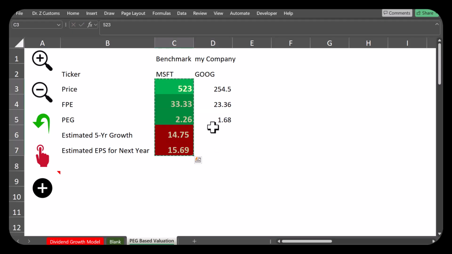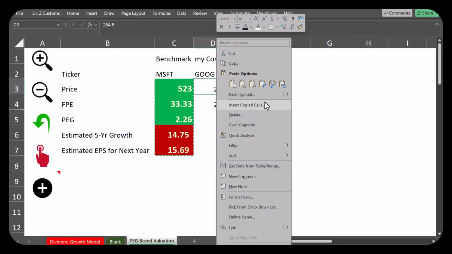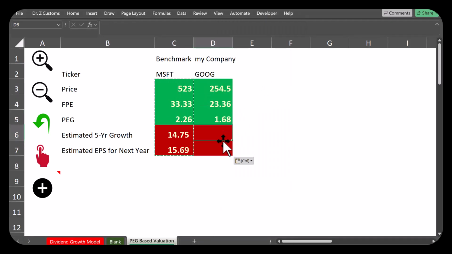Let's copy the formatting of these. Of course, I can do this. Now,